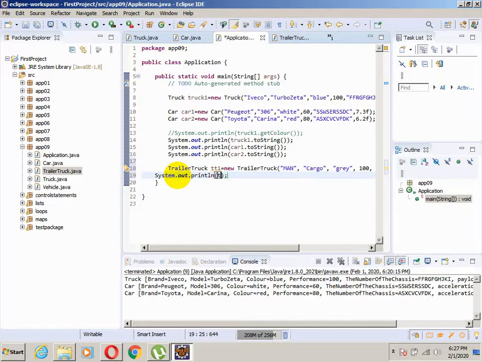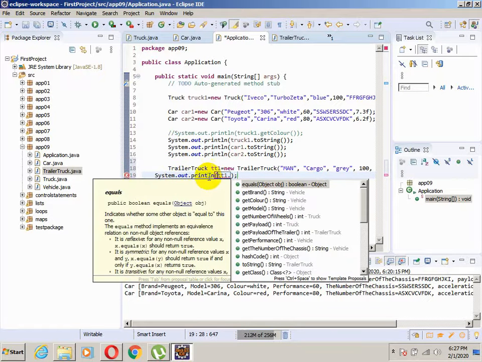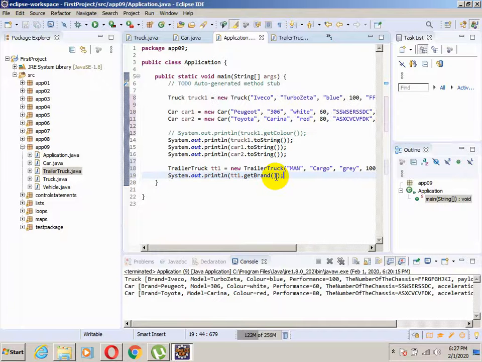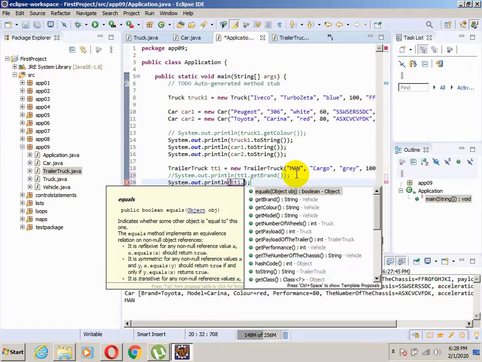TT1 dot, we can get, for example, as you can see, get color, get model, get brand. Control Shift and F, Control and S, and we will see, okay, MAN. Let's comment this, and we can simply system out print line to print the complete track, TT1, and toString,